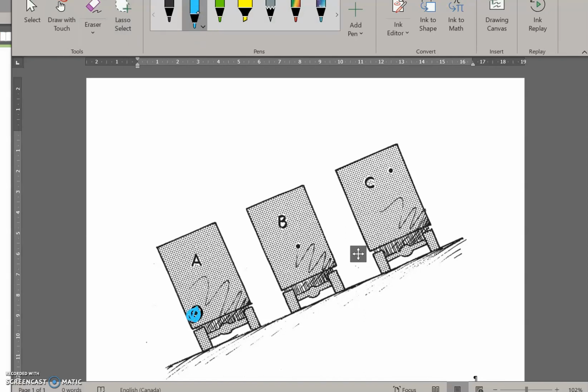So the center of gravity for A, if you go straight down, is past the wheels, where B, if you go straight down, is inside the wheels. C, straight down, is in between the wheels. A is the only one that has a center of gravity that's not being supported. A is the only truck that'll actually end up tipping over. So the center of gravity has to be supported. It has to be supported within the actual things to give something stability so it doesn't fall.